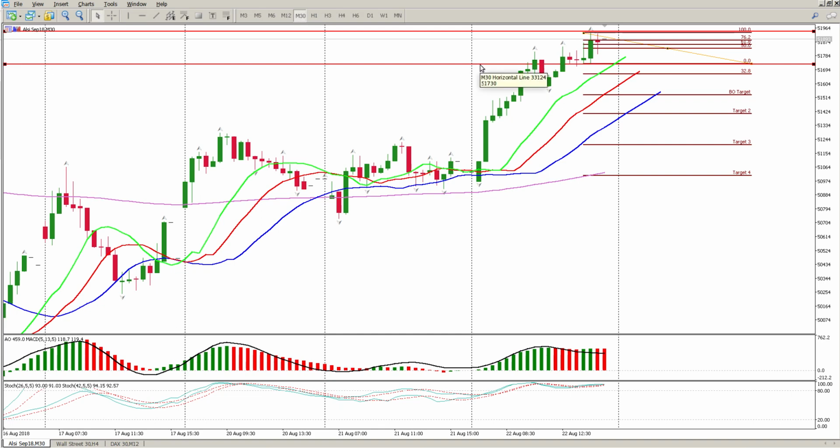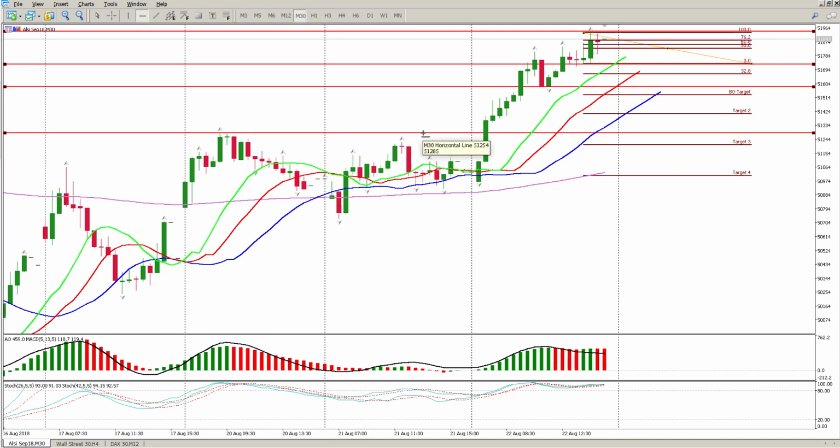So a break below this level here of 51730 would validate this closing range strategy, and then you have quite a few targets to come and fetch, and that would be my first target, the swing low, and then I would be looking at a retest of this breakout here. Okay,